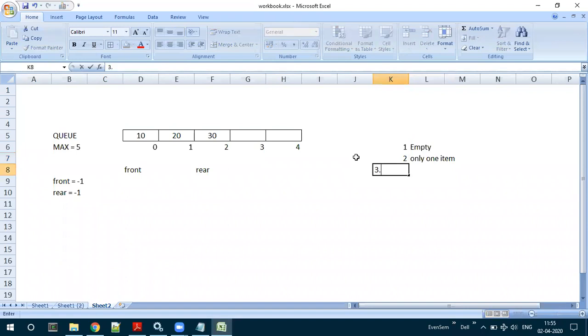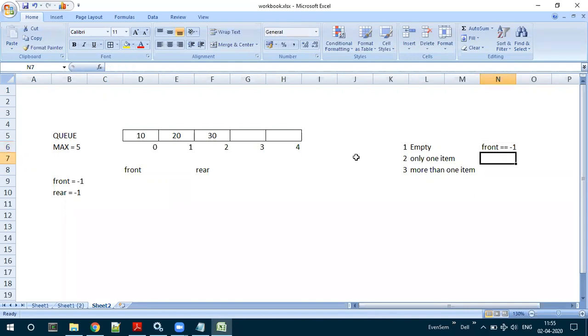The third scenario is when the queue contains more than one item. So a total of 3 scenarios might be there in the deletion operation. The first one is empty. If front is equal to -1, if this condition is true, we can say that the queue is empty, then it is not possible to delete anything.